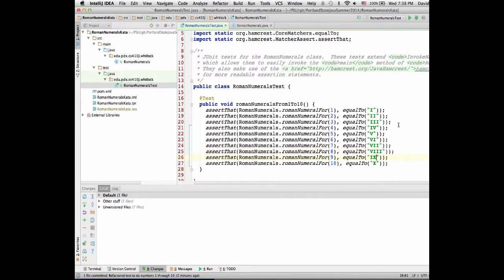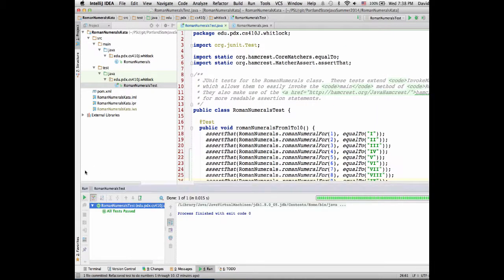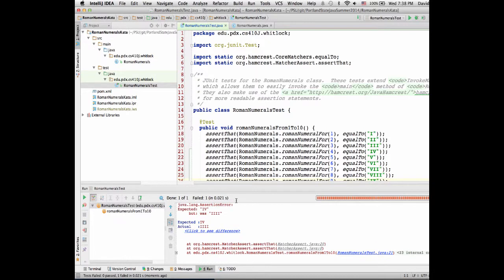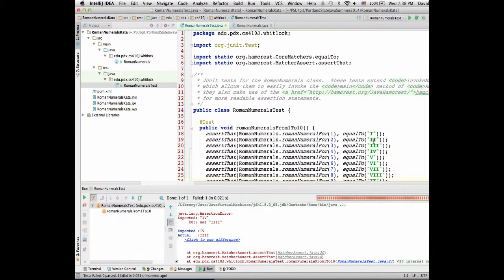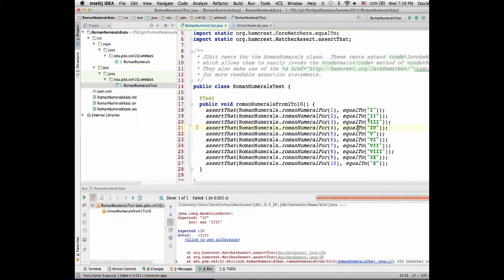So let's see here. I think we need to use like an integer divide. I need a piece of paper to write on is what I need. I've got a whiteboard. Okay, math. So let's see here. So if I run this, yep, fails on 4. Okay, so like